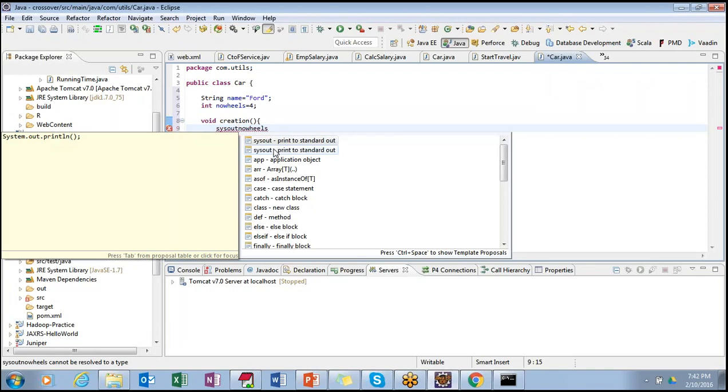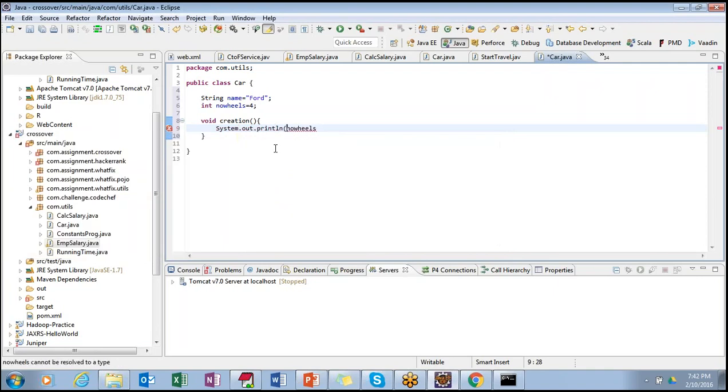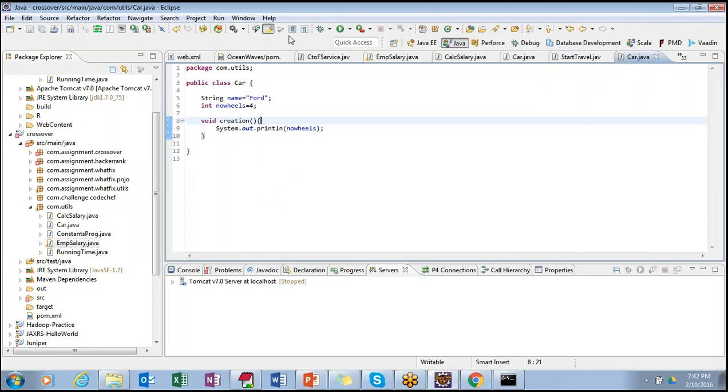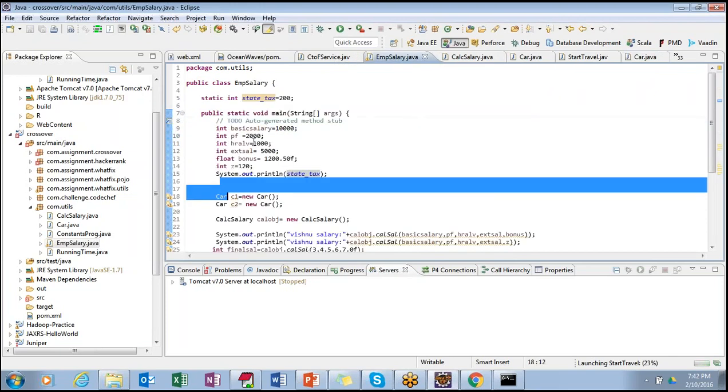My system is very slow today. Okay, number of wheels, and if I run this, wait, it's very slow.